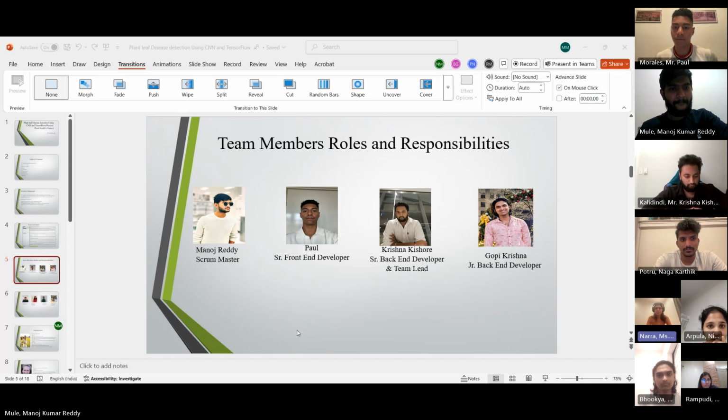Hi guys, I'm Nagalakshmi, junior front-end developer. We are building a web-based application to detect plant diseases, and we are also using machine learning modules, building with TensorFlow for image classification, like Paul said. We are doing interface development to design and implement a user-friendly and interactive interface using Streamlit, and we are creating and maintaining key front-end components like image upload modules for